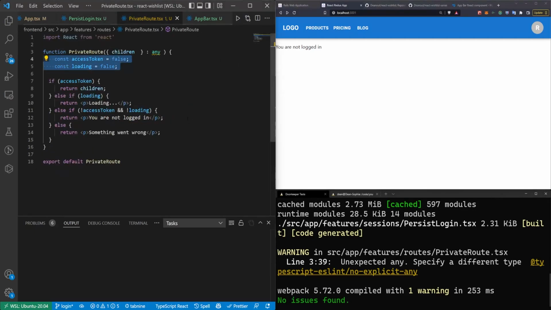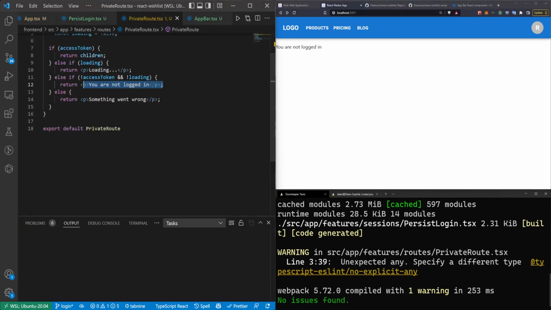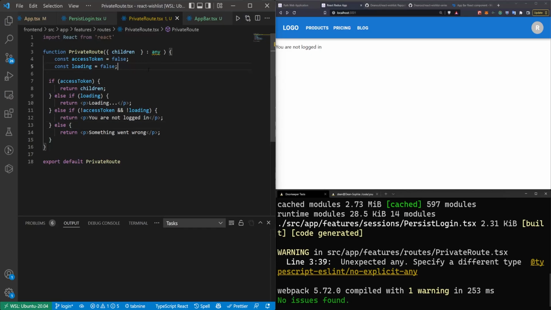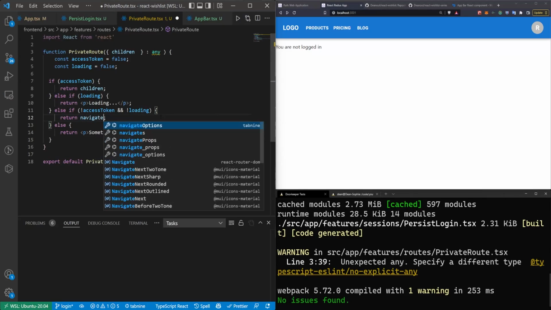But in the private route, instead of saying you're not logged in, what I'd like to do is have it send us to a set location. So there's a couple ways to do this. I'm going to use a slightly messier one, but you basically have two options. The first one is you can come in here and you can say navigate to